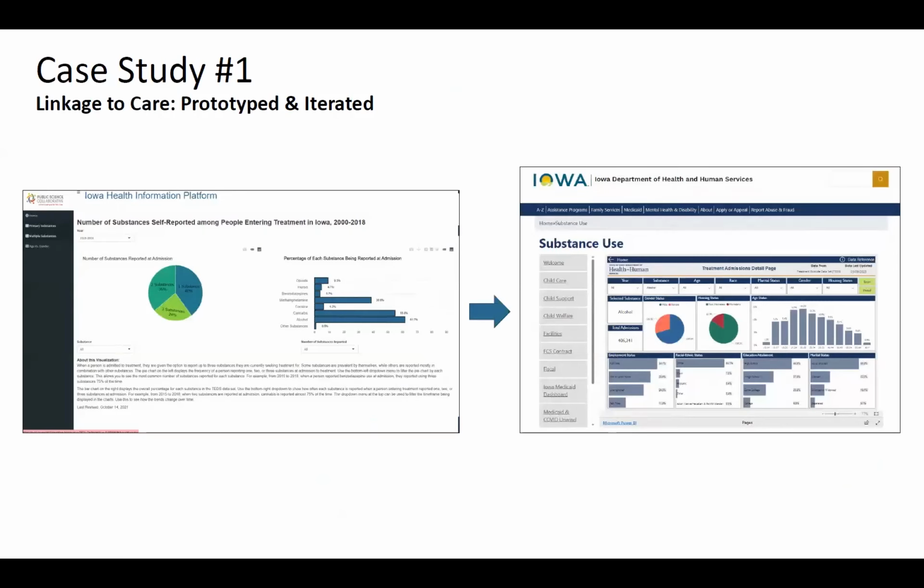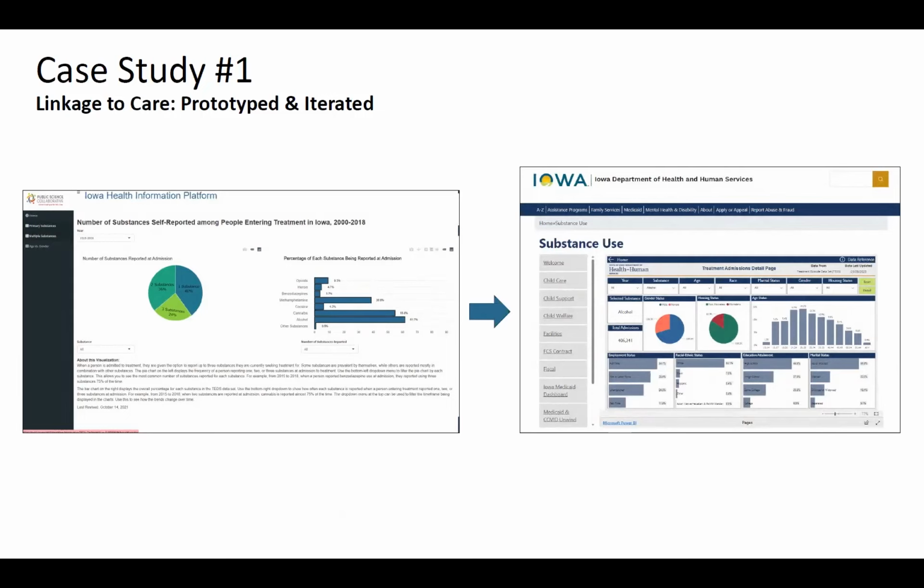And I said, you prototype and then you build. So we prototyped everything in R, and then they said, great, we love it, move it to Tableau. And we built the whole dashboard in Tableau. And then there was a realignment of the state government, and public health got pulled into Health and Human Services, and Health and Human Services said, just kidding, we do everything in Power BI. So this question about what is your framework, we found that we are shifting what we prototype and produce in based on what the people that we're working with really need, what our partners need.